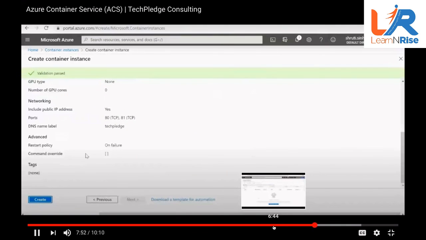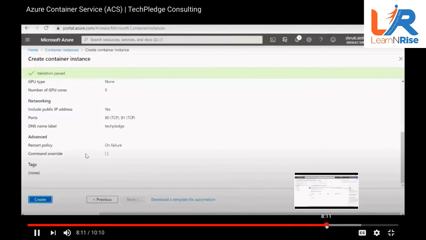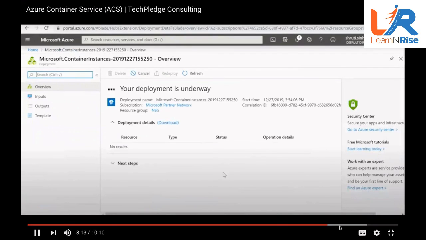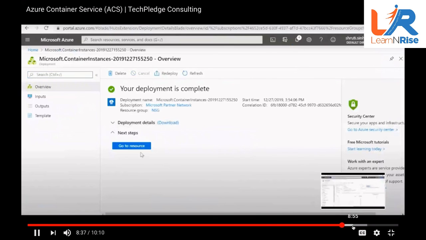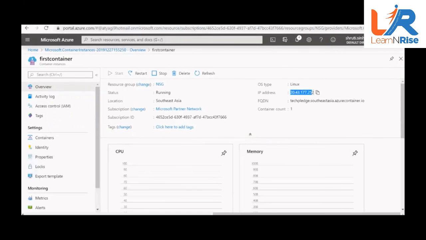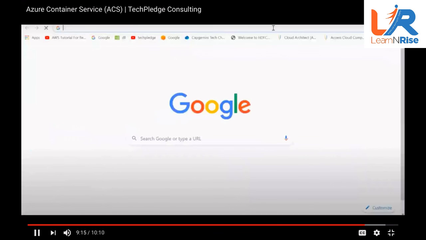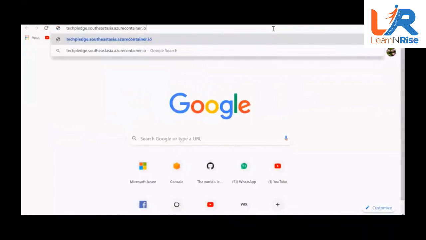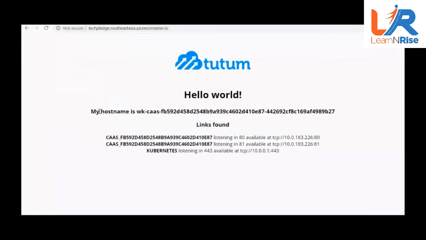All done. Once it is created, it takes some time. Then we can copy this public IP and simply paste it in the browser and it will now run my Docker container.